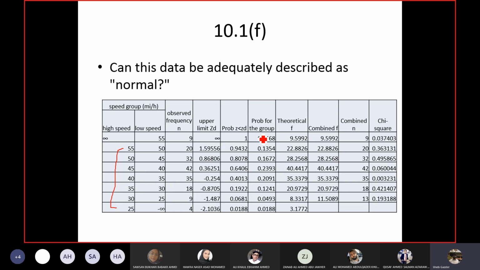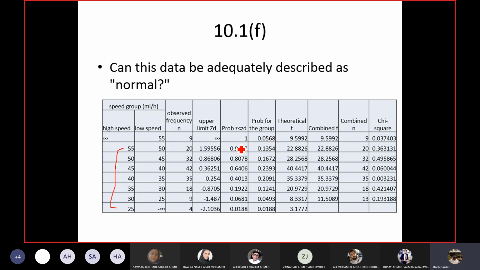Then you go to the z table and find out the cumulative probability. For infinity, it will be 1. For other values, you will find it. And when you have negative values, I told you, find the probability for the positive number, and then do 1 minus that probability to get this number. So you get the probability of 0.254, and then 1 minus that probability will give you the probability for minus 0.254, and so on.